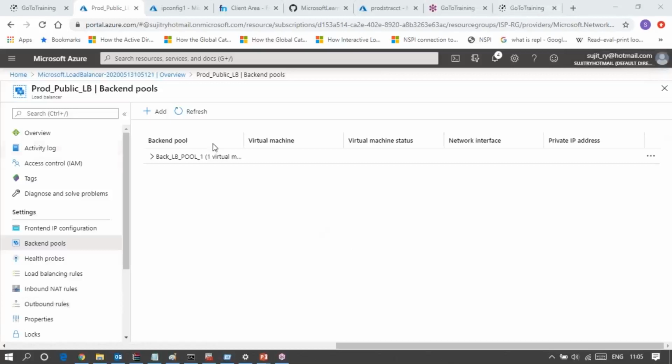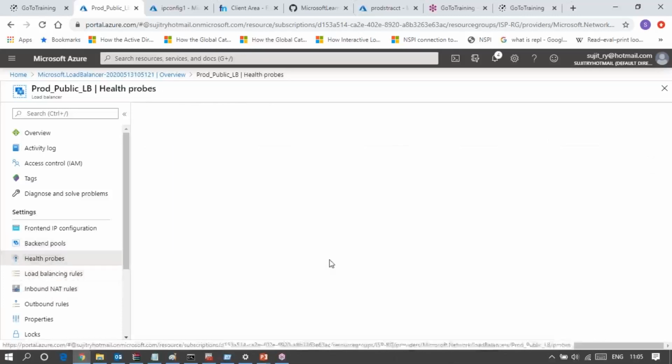I'm extremely sorry. Okay, so that backend pool has been added here. You can see there is VM1 and all those things. Now, how do I access my backend pool? Before we access it, let me discuss the health probe, load balancing rules and inbound NAT rules. After doing these three steps, we can access this VM as a backend pool. So first, let me go to the health probe.